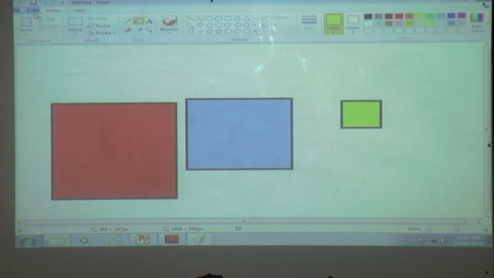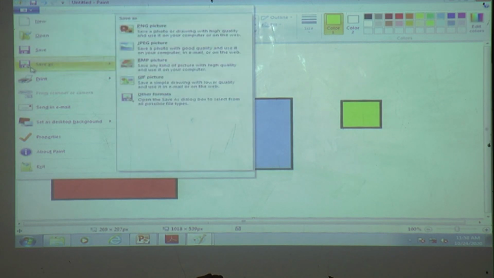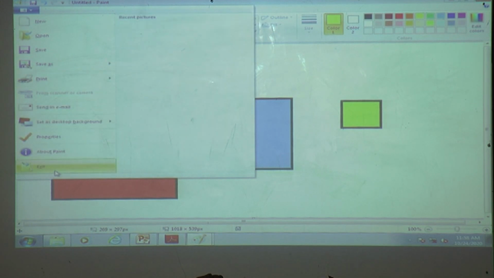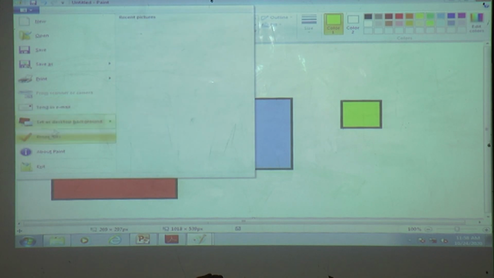Click on this button and you see, same like Notepad, it also has different options: New, Open, Save as, Print, Exit, Set as desktop background, Send email, Properties, About Paint. The use of these different menus is different.